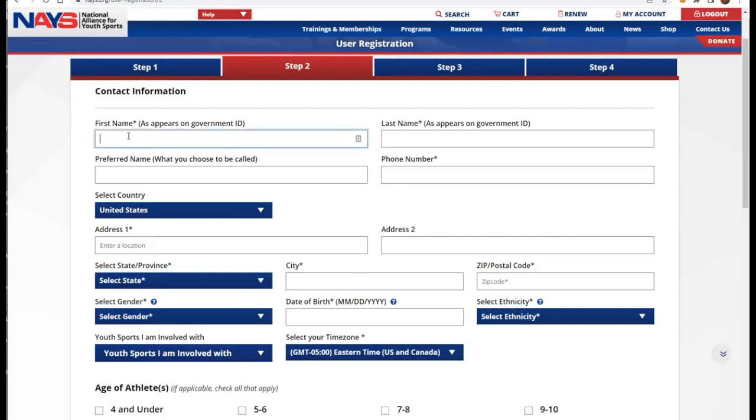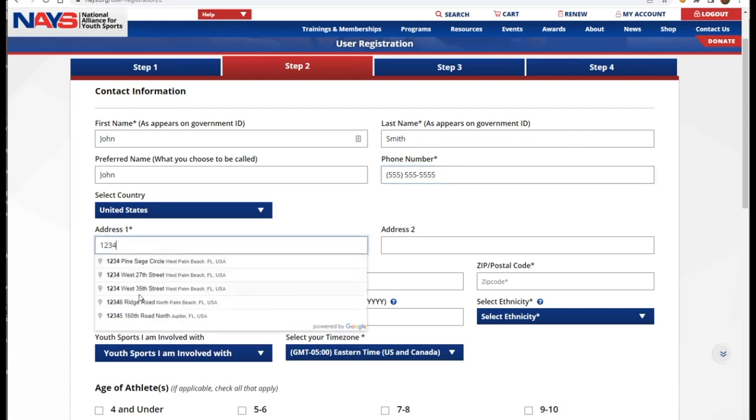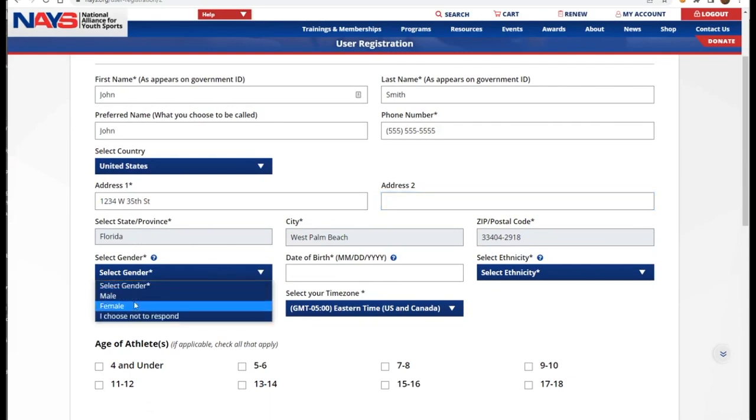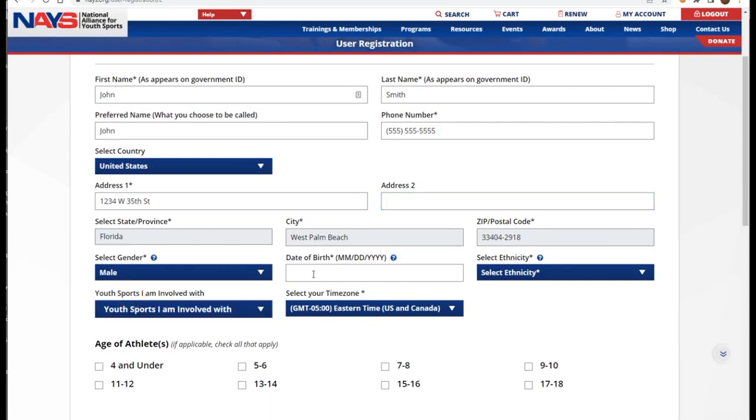So now I'm on step 2, and I'm going to put my actual information in here. And I want to be called John, and some fake information. And I'm at 1234 West 31st Street. Okay, it's going to ask me for some data that we can collect on our coaches,